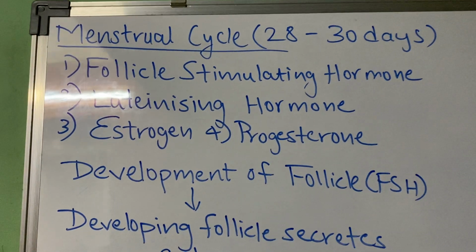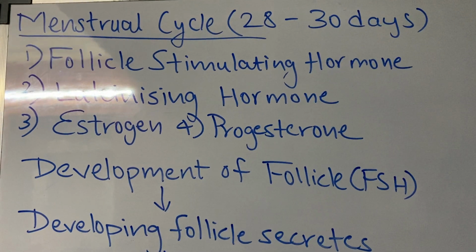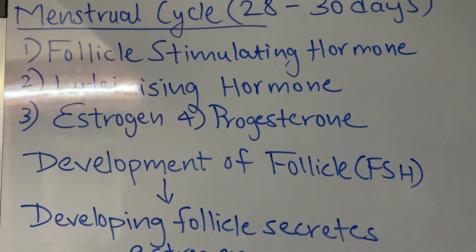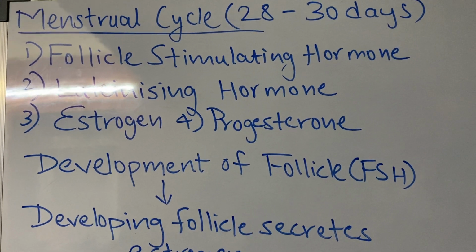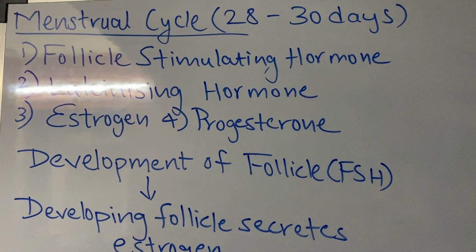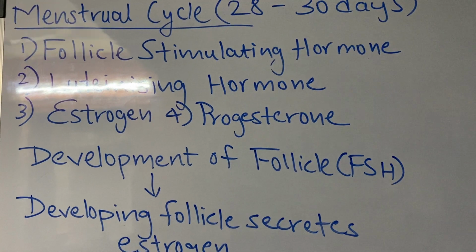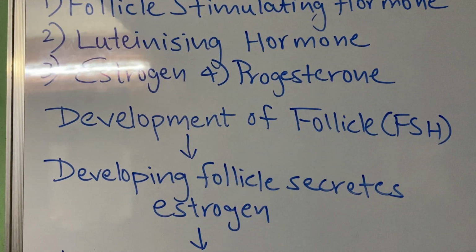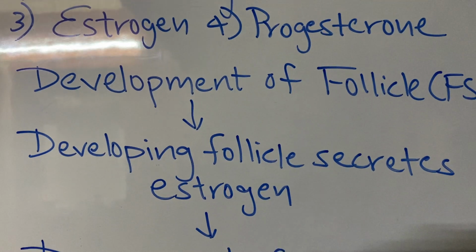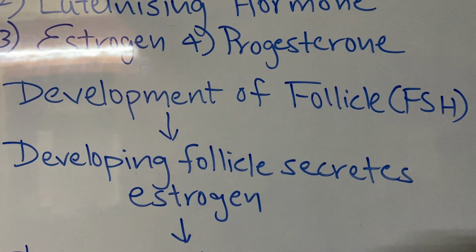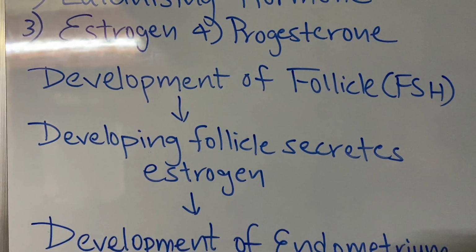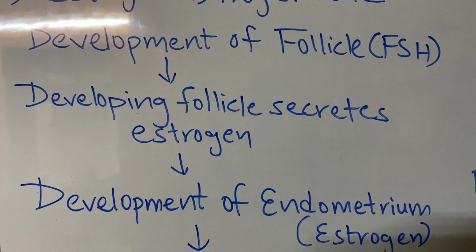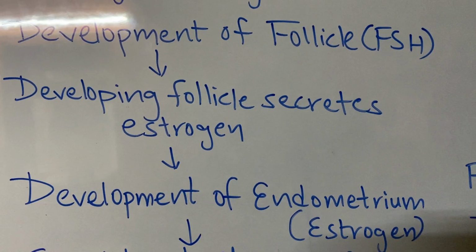Now the process starts with the development of follicle. Follicles are the cells which are present in the ovaries, and one or multiple follicles start developing due to the effect of the hormone FSH. Among them, one follicle starts developing more and starts secreting a hormone called estrogen. Because estrogen is now secreted, the endometrium, which is the inner lining of the uterus, starts developing due to the